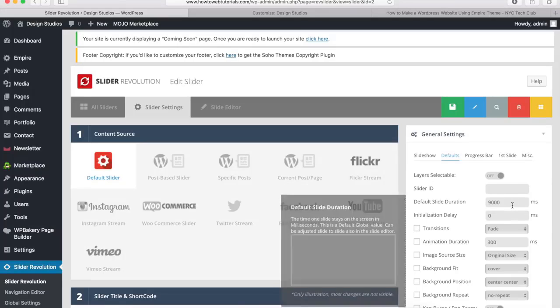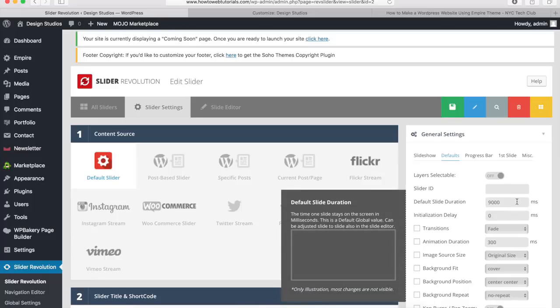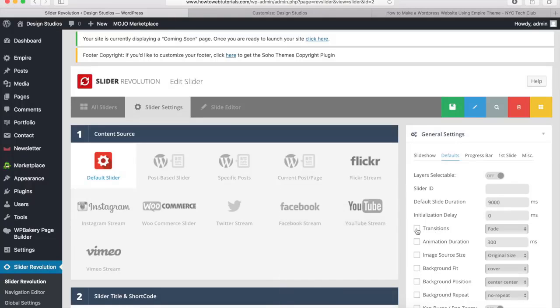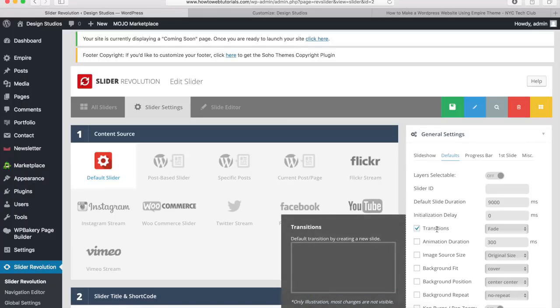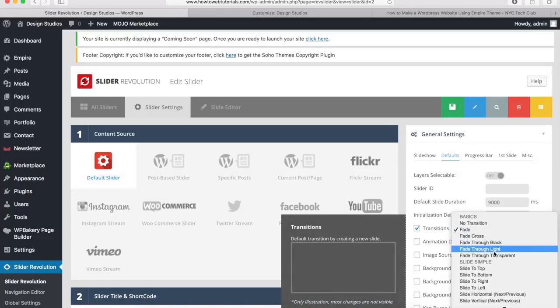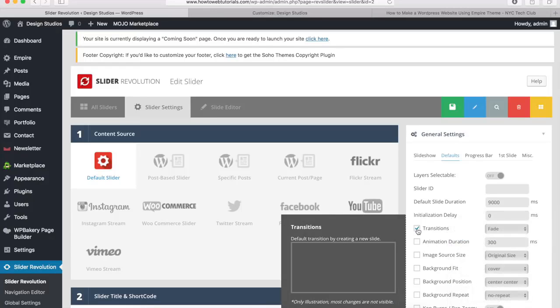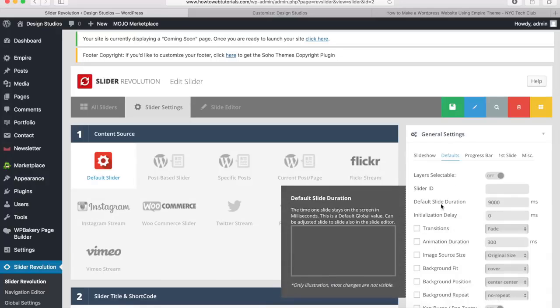So what that means is that your visitors are going to stay on each slider image for 9 seconds before it transitions to the next slider image. If you want, you can speed this up by changing the number of milliseconds that you stay on each slider image. And if you want to change the transitions between your different slider images, you can check this box right here next to transitions, and then go into this drop down and select whatever type of transition that you want. Okay, so I'm going to uncheck this, and I'm not going to make any changes here